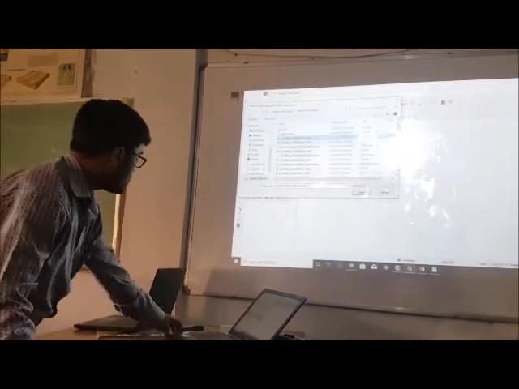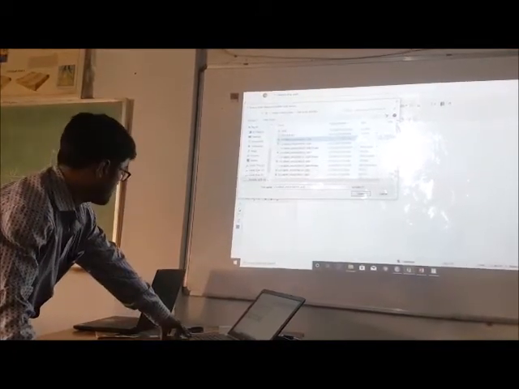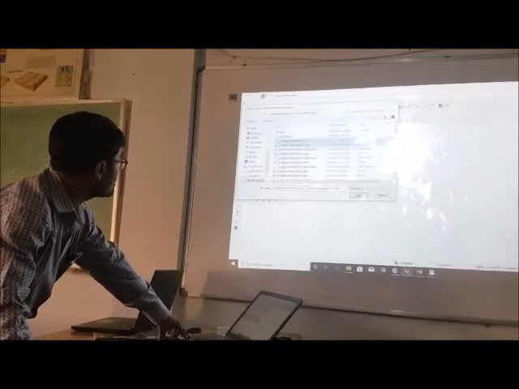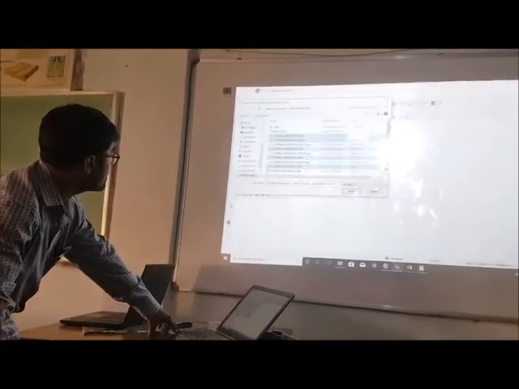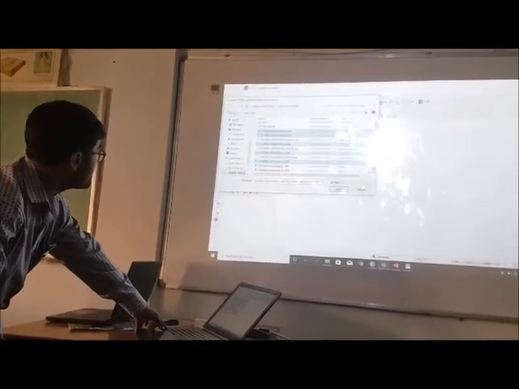I can open them using the Control button and select all 7 bands at a time.